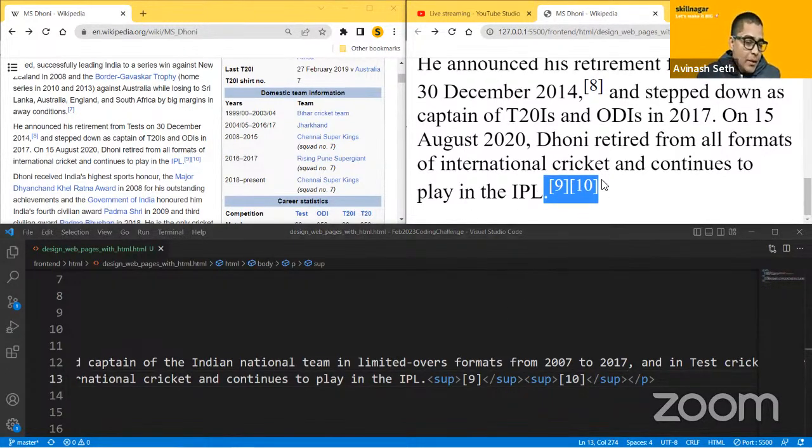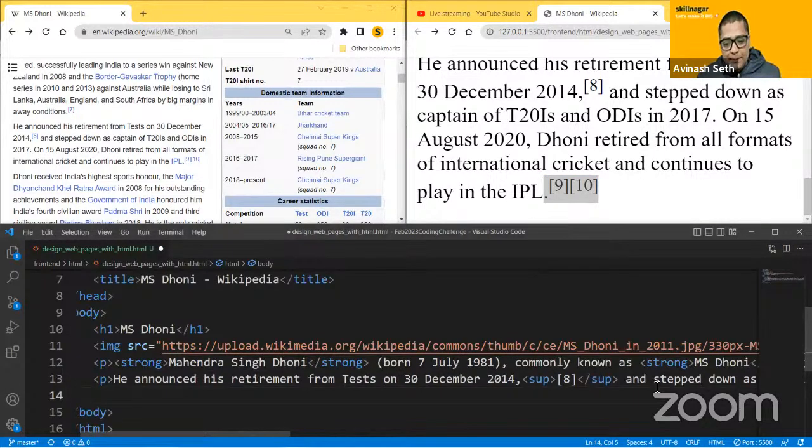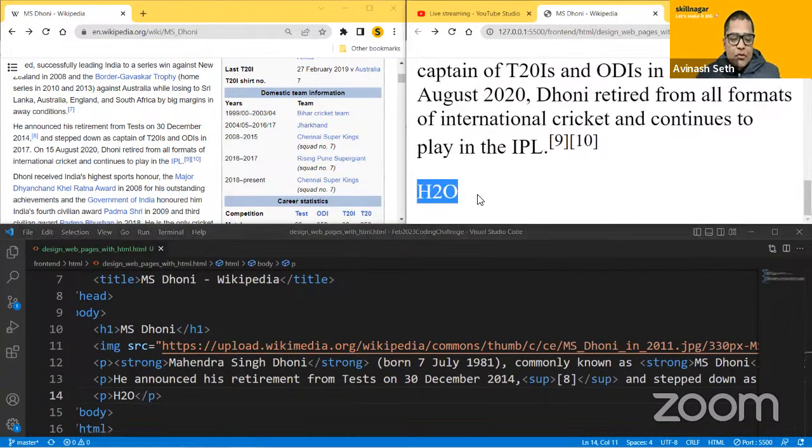Now I can do similarly for the subscript as well. An example would be, let me think of an example of a subscript. My chemistry was not good. Okay, fine. If I have to write the formula of H2O in chemistry, you know that 2 comes in the bottom half of it. Guys, if I'm wrong, please ignore it. I was not good in chemistry.